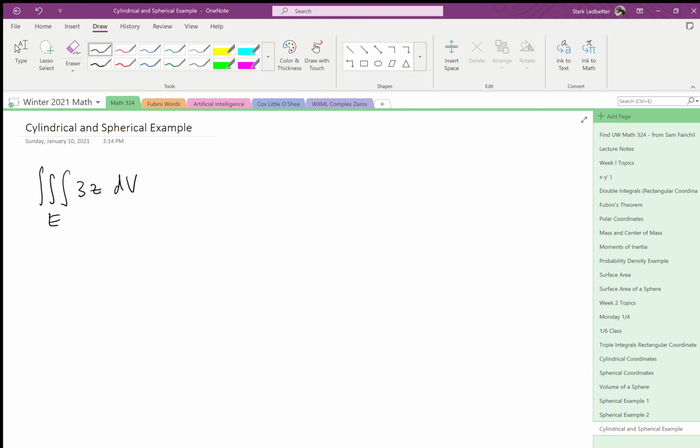All right, this next example is a kind of quick and easy example, so I'll do this one all the way in both cylindrical and spherical coordinates. That way you have at least one worked example of cylindrical coordinates. Okay, again, we're integrating a function, which these are a lot better for than volume ones. Okay, so E over the region E, which is below